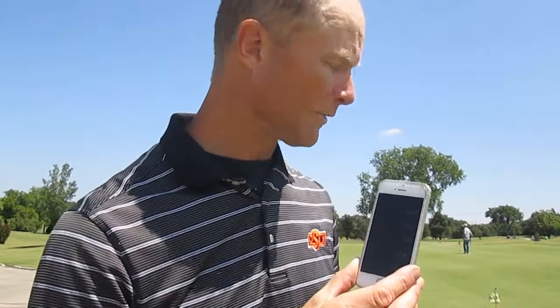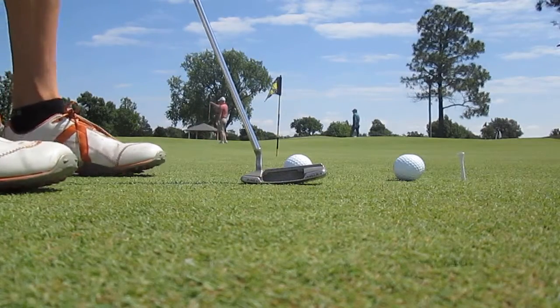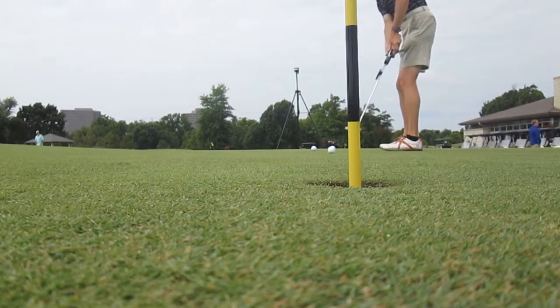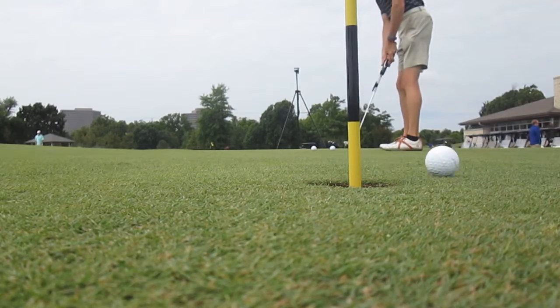The other one, I noticed when I was taking footage from far away that my putter toe tends to be off the ground. And so I need to have that putter square to the ground, my lie angle good, in order to be able to hit good putts. If I'm starting off in a bad position, I'm probably going to get bad results. So